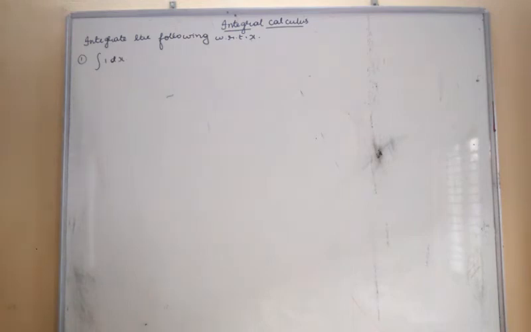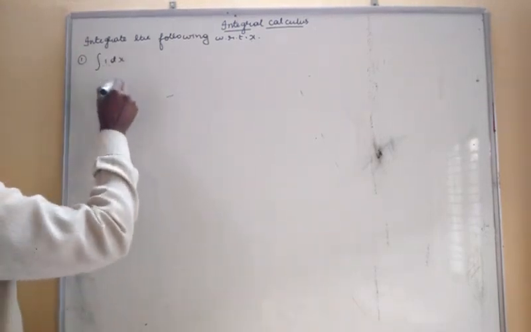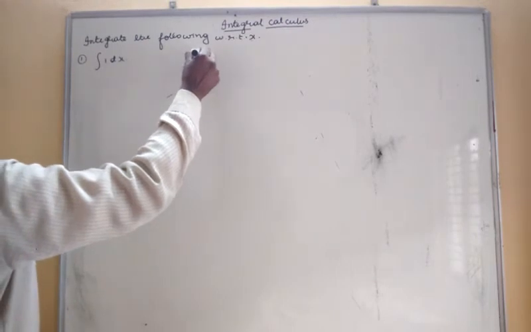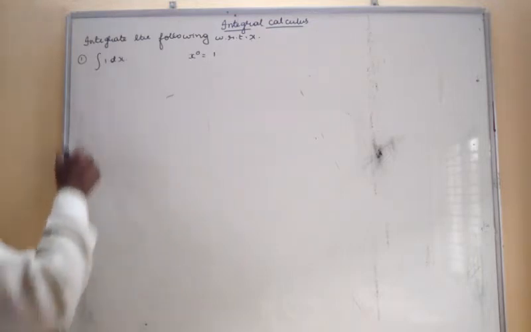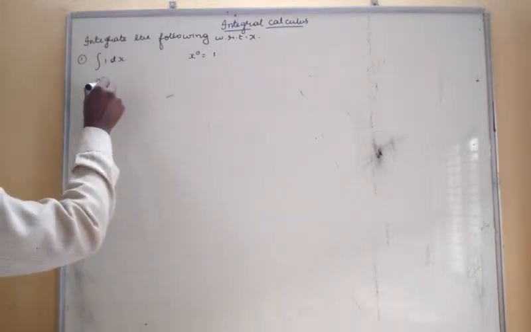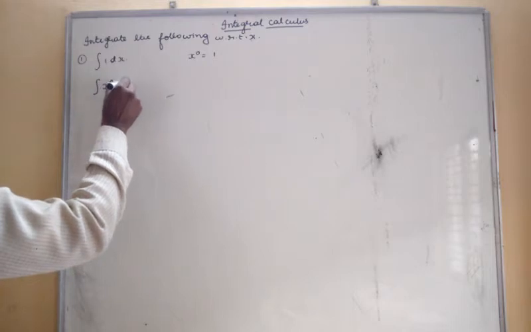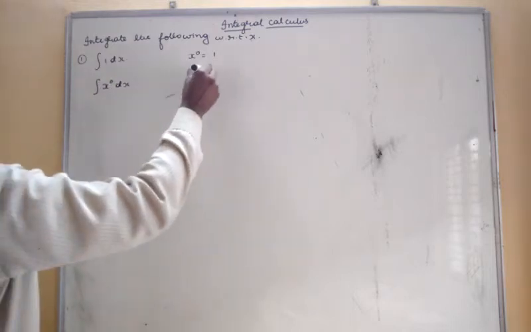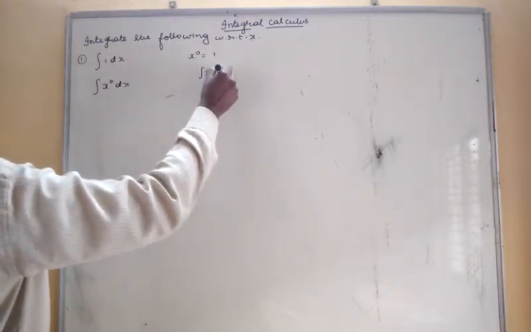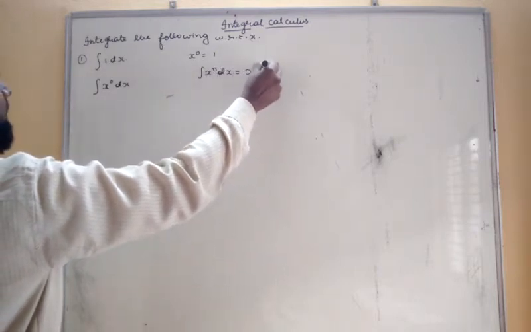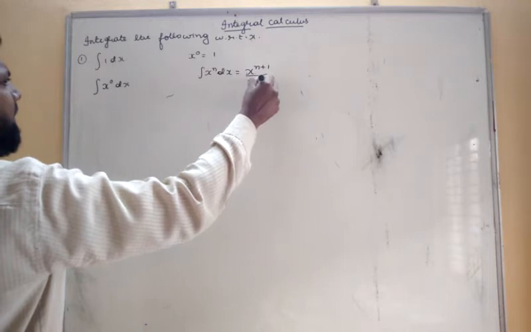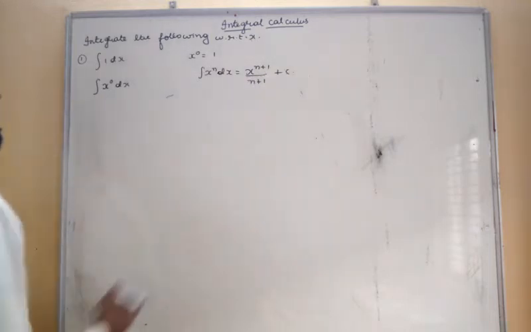Let us see here. We know the x to the power of 0 value is 1, 2 to the power of 0 value is 1. Let us take here 1 can be written as x to the power of 0 dx. We know the general formula in the integration: x to the power of n is equal to x to the power of n plus 1 by n plus 1 plus c. This is the formula we have written already.